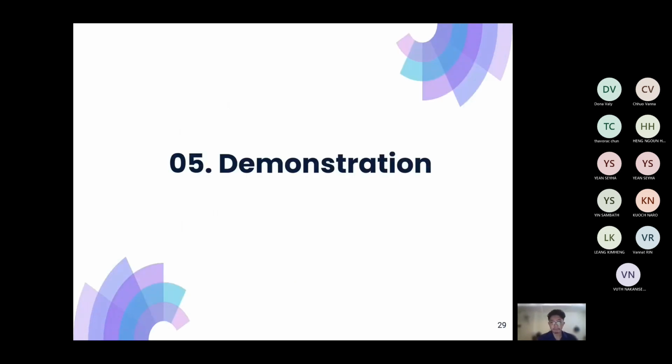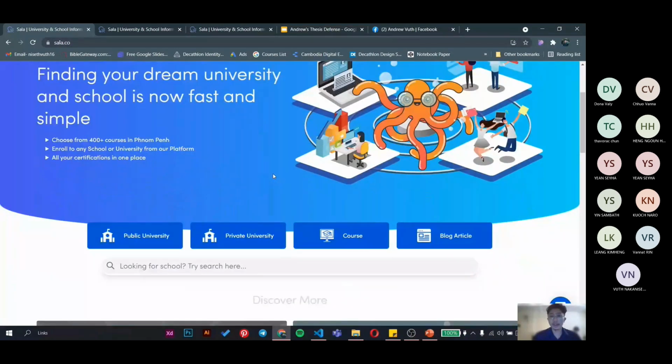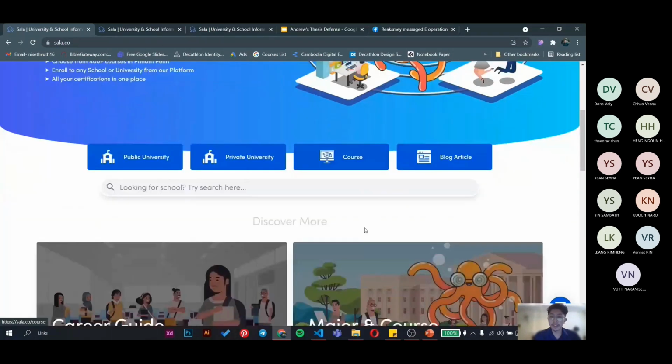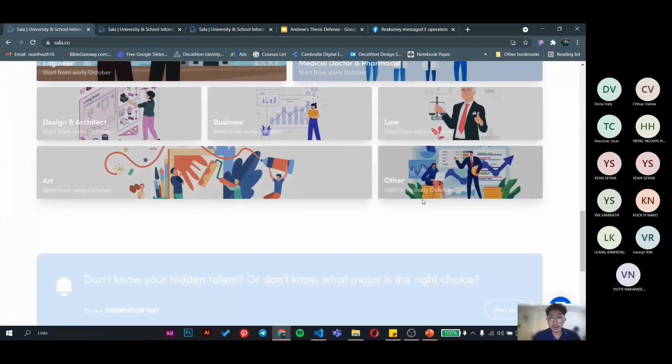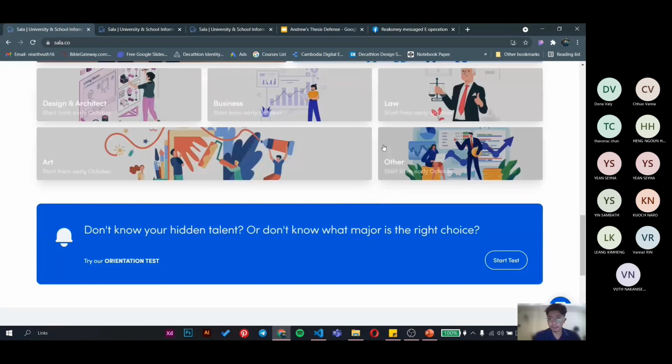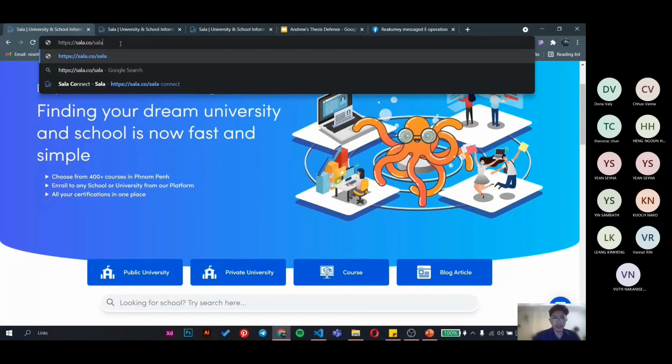So, moving on to the demonstration. Here is the website salat.co. Here, students can check out university information such as public universities and private universities. They can also check course information, read career guides, and read about majors and courses. They can also take a personality test. But I will be touching on what I am in charge of, and that is